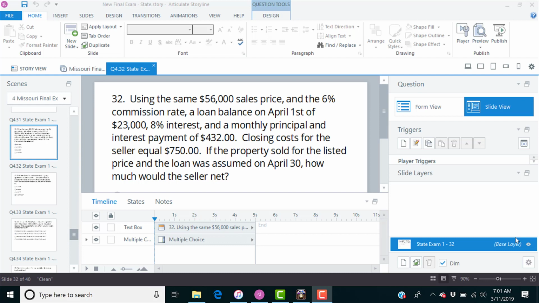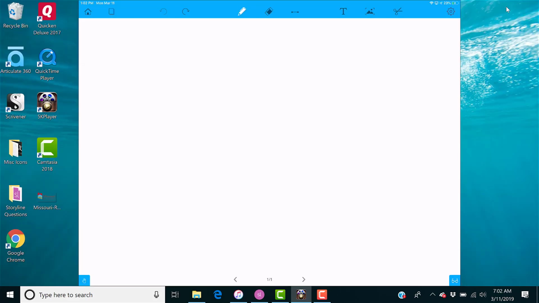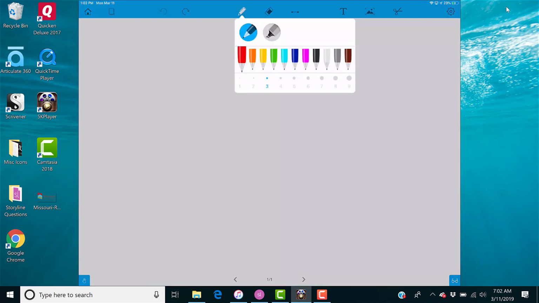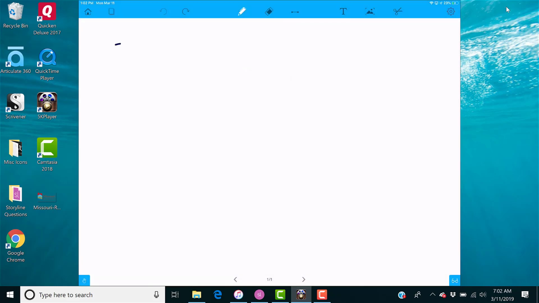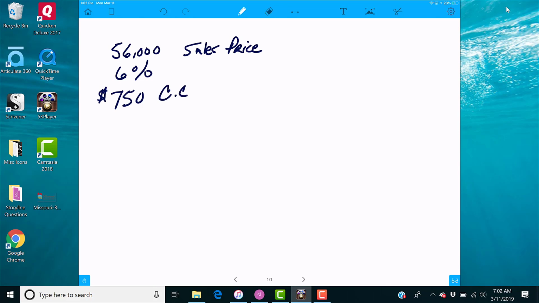Okay, so I'm going to jump over here to my iPad. So we know the sales price is going to be 56,000. I'm going to change the color of my pen here. So we have $56,000 sales price. Put that there. And we have a 6% commission. The problem also told us there were $750 in closing costs that the seller will need to pay. And it gave us a loan balance as of April